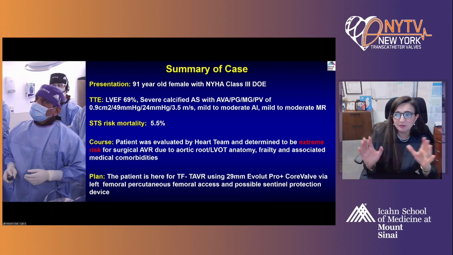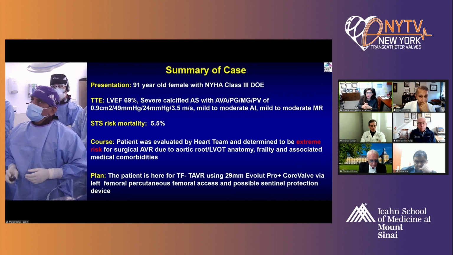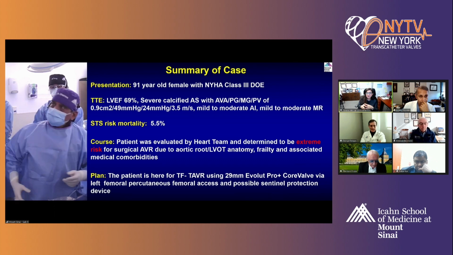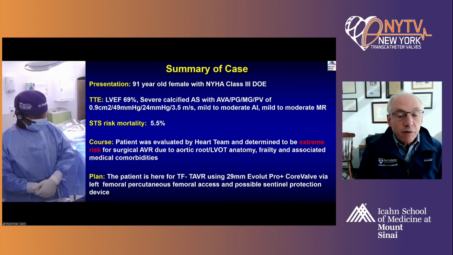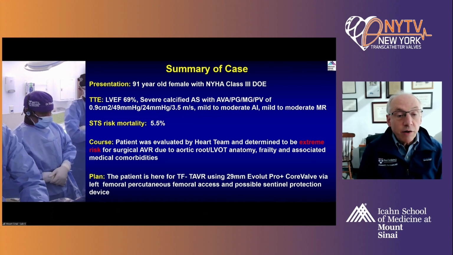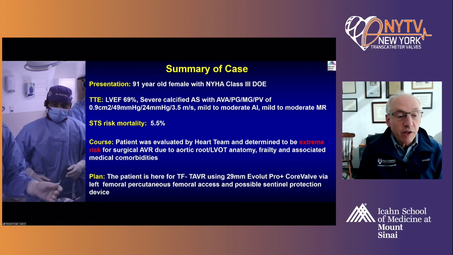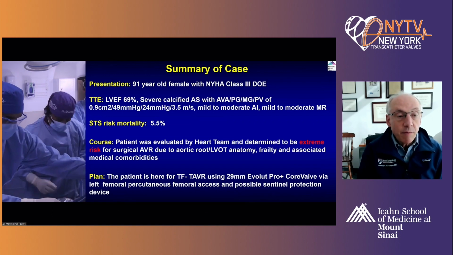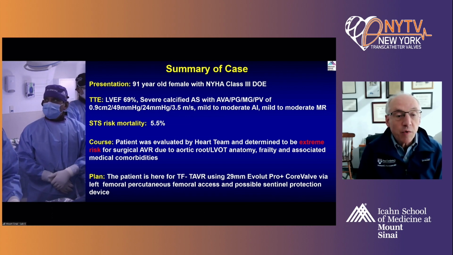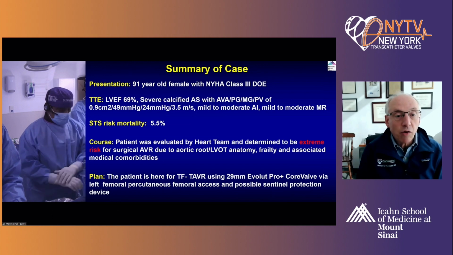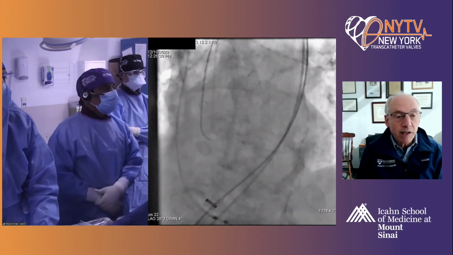Yes. You know, Howie, you're the PI, you're the study chair for SMART. Does this patient fit into the SMART trial? And would anyone randomize a patient like this to a SAPIEN device? So I think theoretically this patient could fit into the trial, but I think the concerns that you've raised already about the LV outflow tract calcium makes this patient less desirable for a balloon expandable valve. And so I think this is a better chosen Evolut patient. I also think we don't have to be quite as concerned about a small annulus in a 91-year-old patient. We're not looking at long-term hemodynamic durability of the prosthesis in the same way we might in a low-risk 70-year-old.